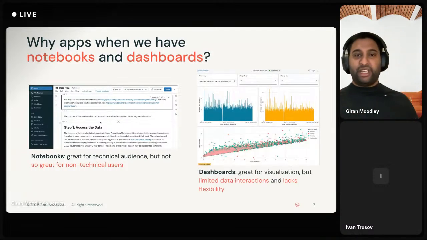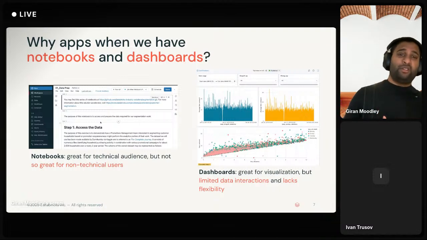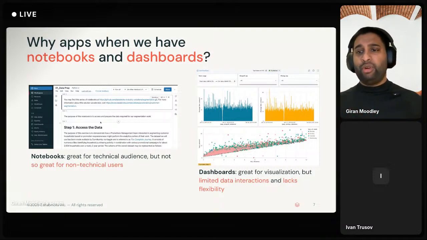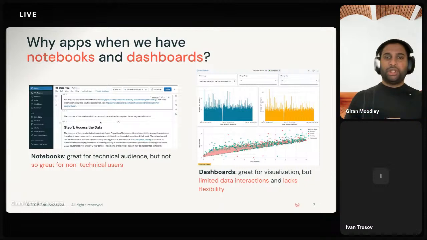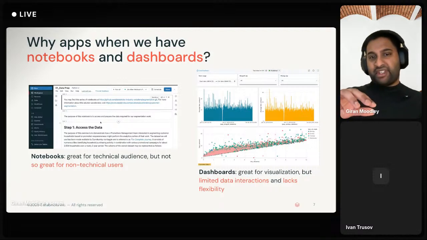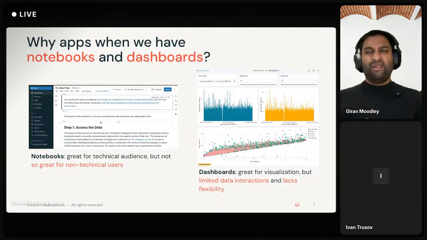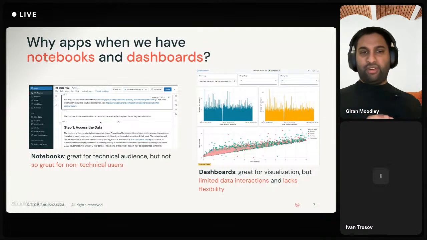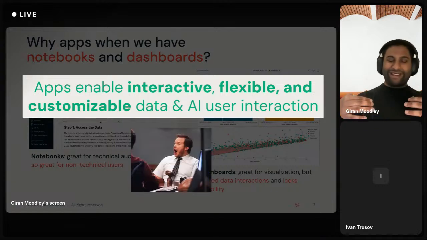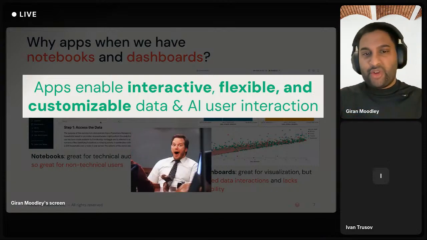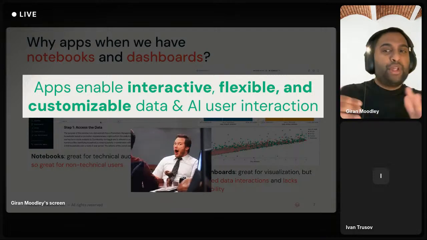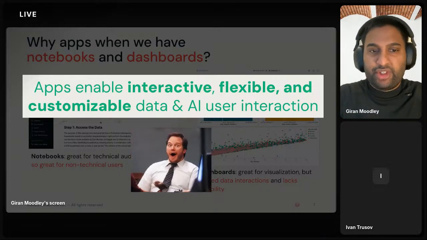Consequently, you might have seen that Databricks as an organization, we've invested a great deal of time and effort into building out low to no code dashboarding capabilities with Lakeview under our AI and BI umbrella. Lakeview also enables users to visualize standard, structured data and present a curated set of information with ease, but it's not really designed to be flexible for more complex workflows. And what we're really seeing now is the advent to fill this gap, and this is really where data and AI applications come in, where it allows users to have a flexible, interactive, customizable user journey that moves beyond these two surfaces, so to speak.